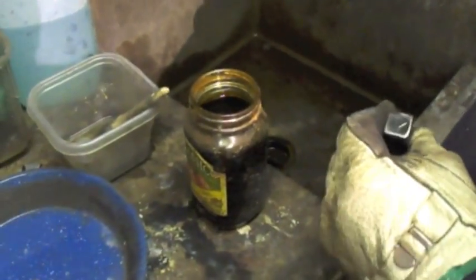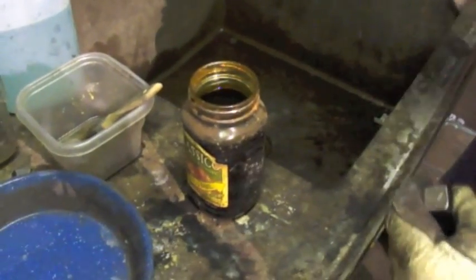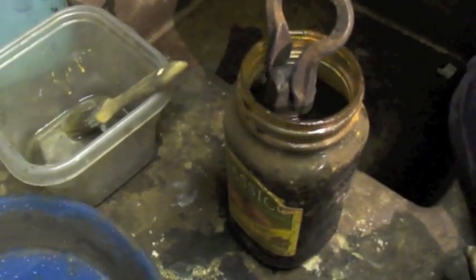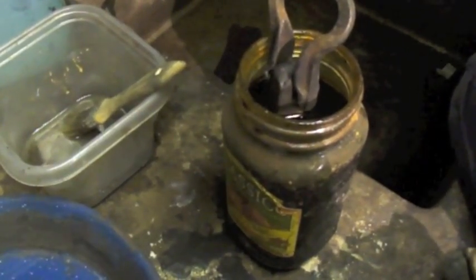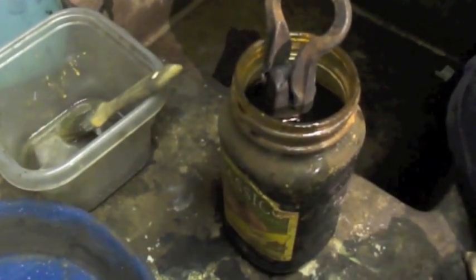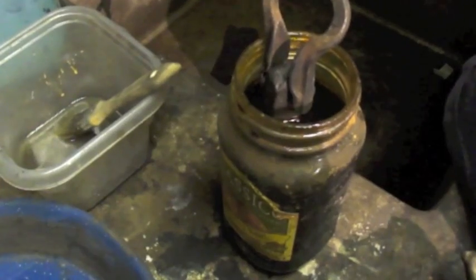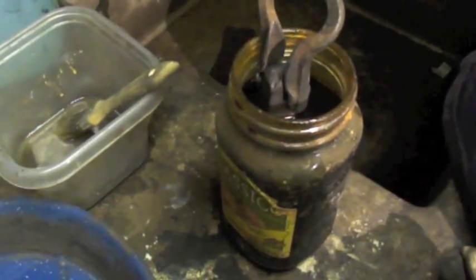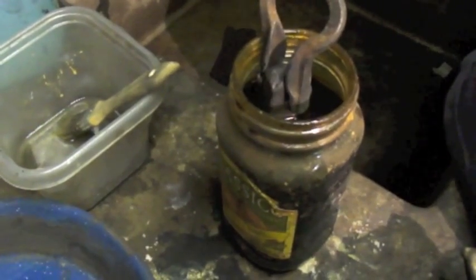What's that? Ferric chloride. Is it acid? Yeah. Technically it'll etch everything. It just etches everything at different rates. Okay. So the wrought iron's gonna show up black? The powdered steel will show up darkest. The nickel the lightest, and then the